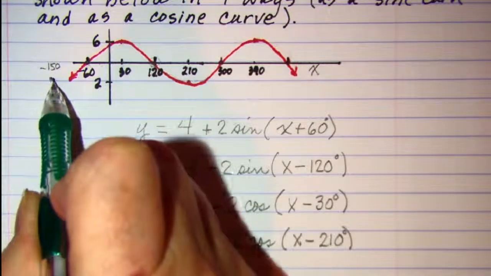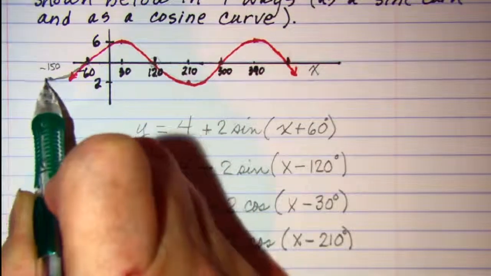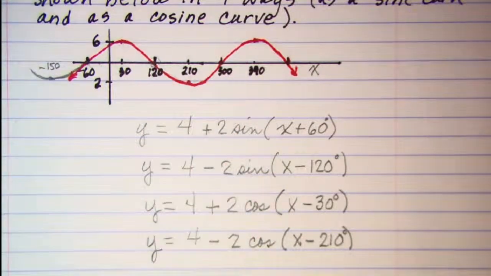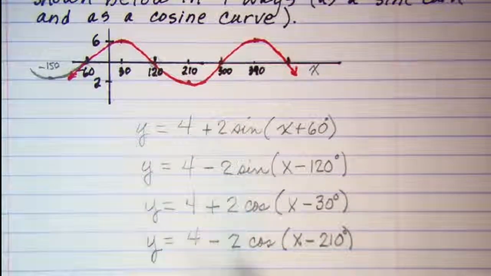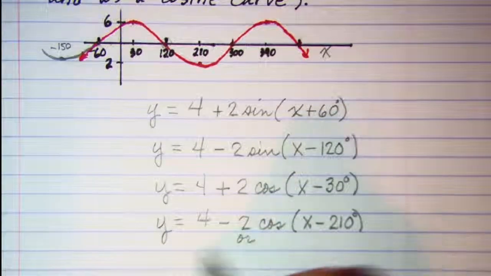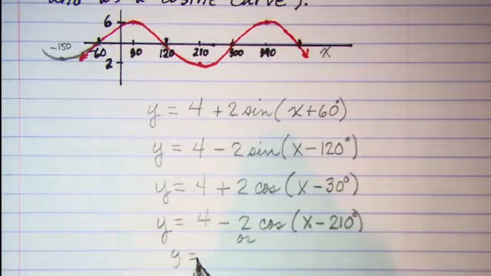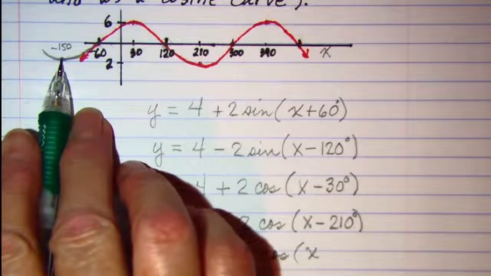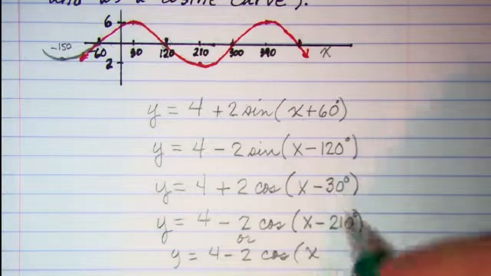So if I wanted to use that, I could also say y equals 4 minus 2 cosine. And then since the angle was a negative 150, I could have x